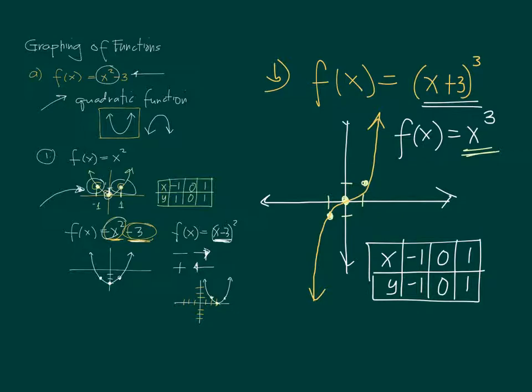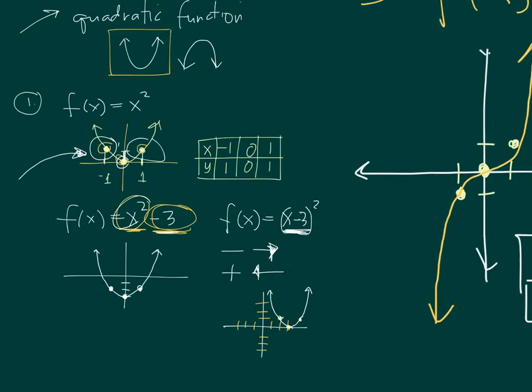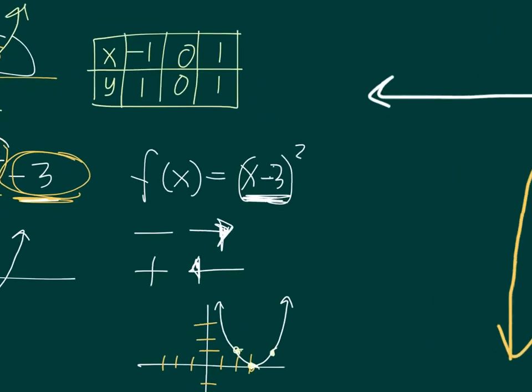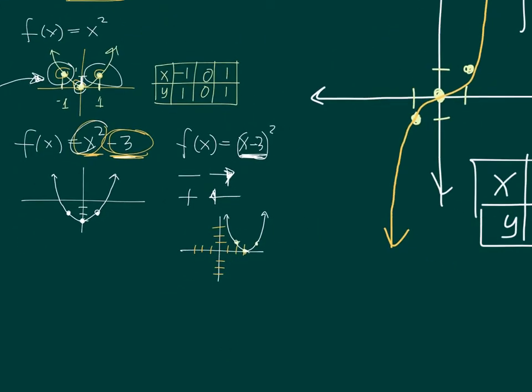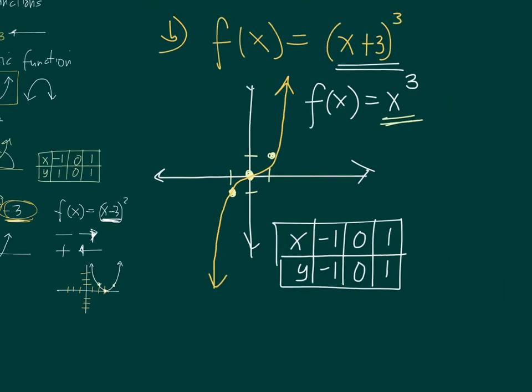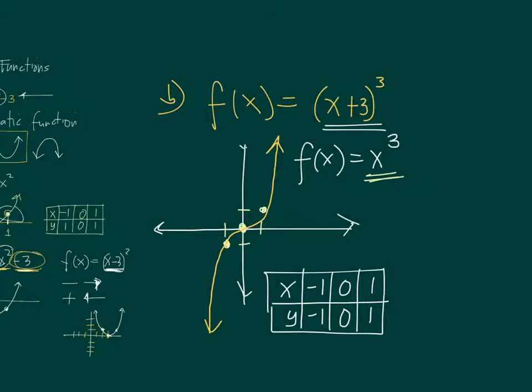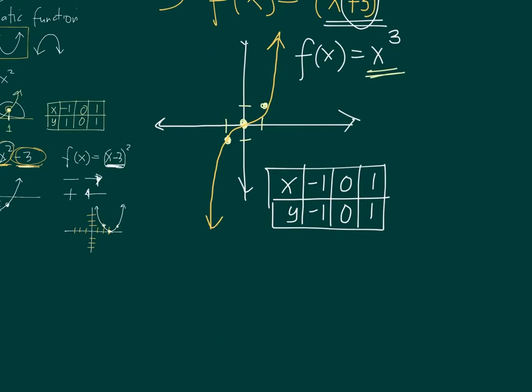Now, if you remember how I graphed (x - 3) squared, the minus 3 is telling us to move the graph of x squared 3 units to the right. So for f(x) = x cubed, the plus 3 is telling us to move the graph of x cubed 3 units to the left. So the graph that we need will be,